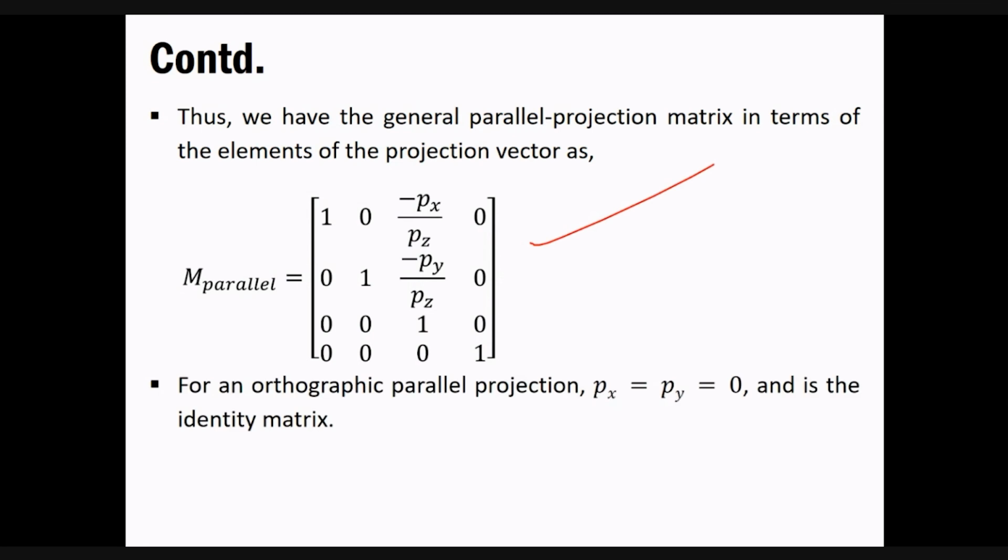As I said, in the orthographic projection there are particular things that will not affect anything, or we cannot consider this case. So for this orthographic parallel projection, we put px and py values as 0, and it is the identity matrix. That is what we get in the orthogonal parallel projection. But in the case of oblique parallel projection, we need something to be eliminated if we are getting some curve. At that point, we want the same thing.